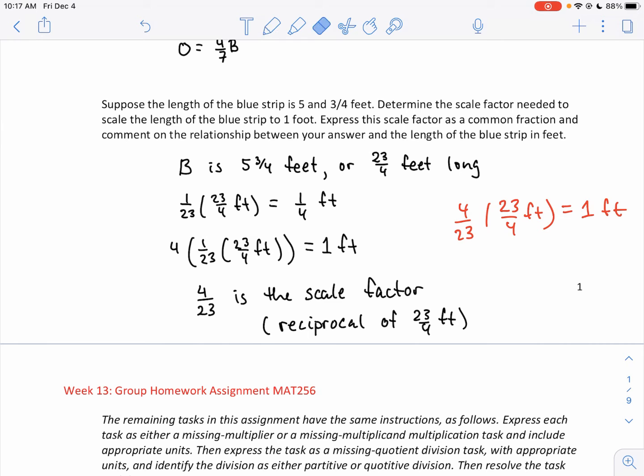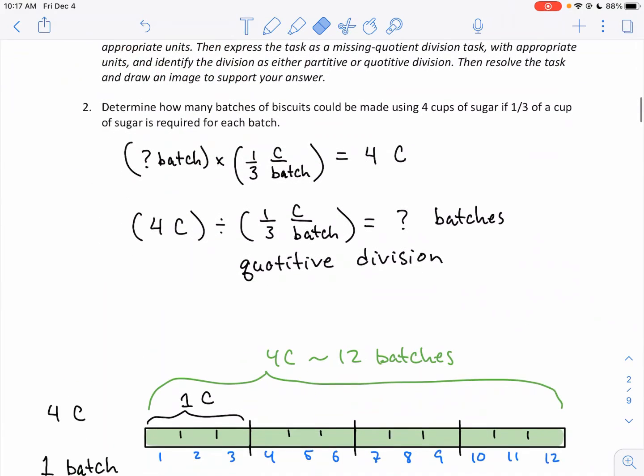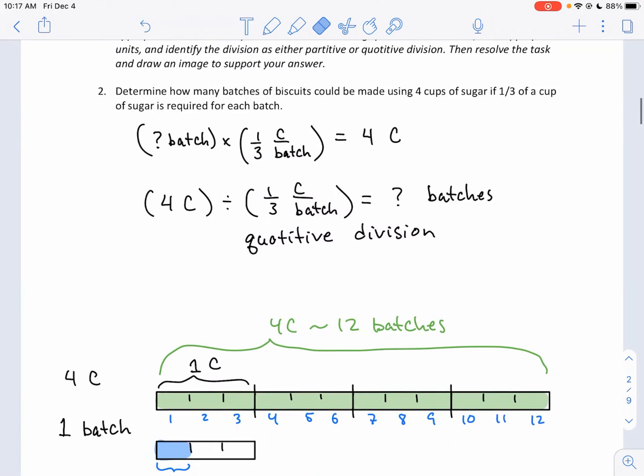So reciprocal scale factors are the way to scale things back to 1. Number 2: how many batches of biscuits could be made? 4 cups. All right, so